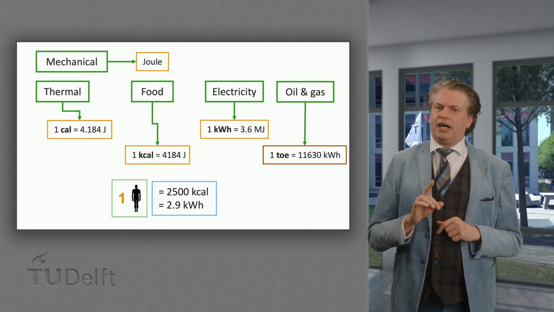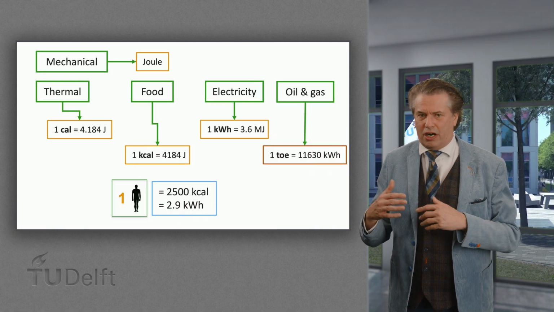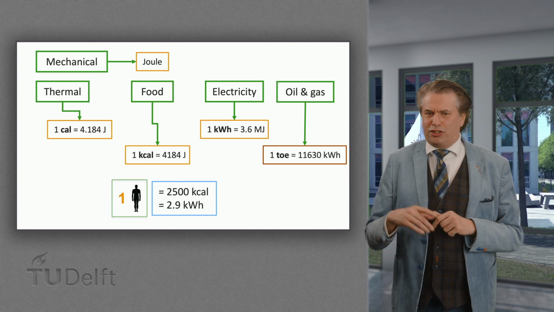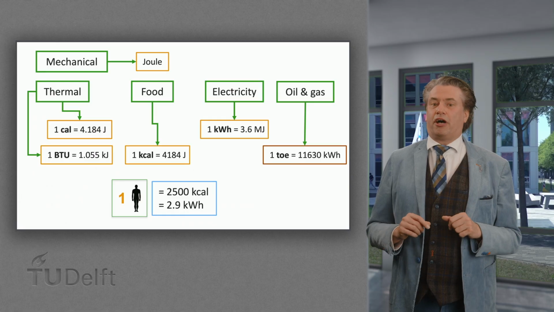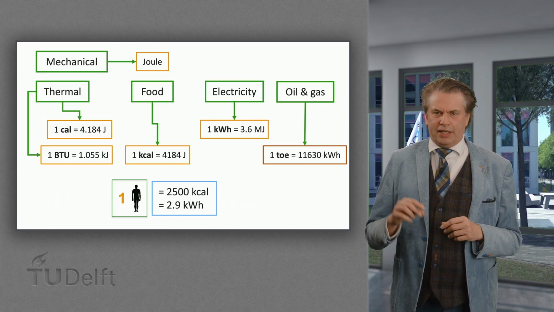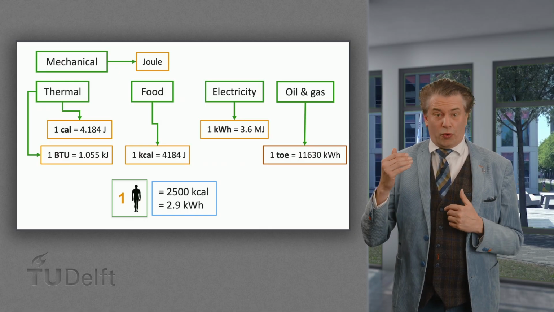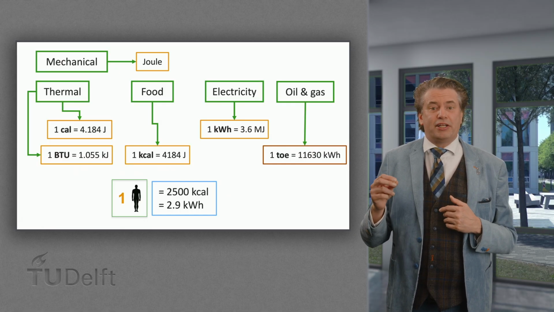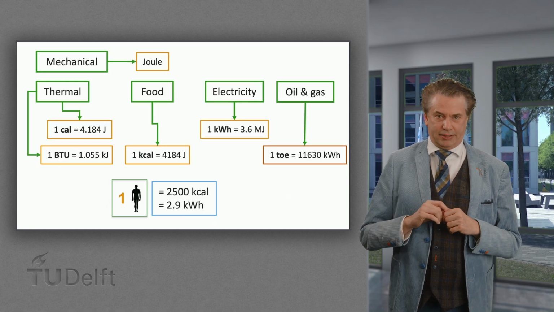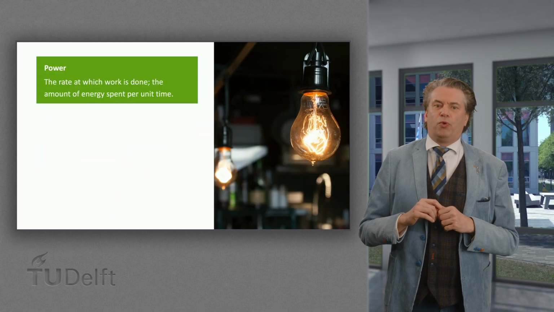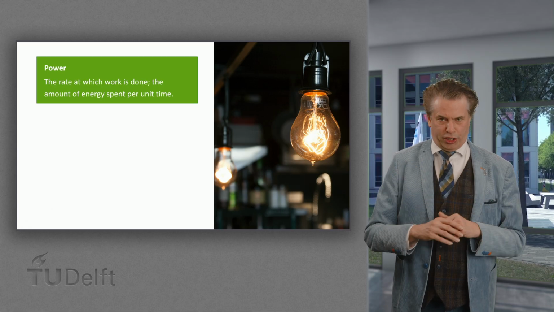In addition to these, there are some units that had historical significance and are still used in certain parts of the world. One such unit is the British Thermal Unit, or BTU, which is still used in countries like Canada and the United States. It is used to describe the energy content of fuels and heating systems. It was originally defined as the amount of heat required to raise the temperature of 1 pound of water by 1 degree Fahrenheit.